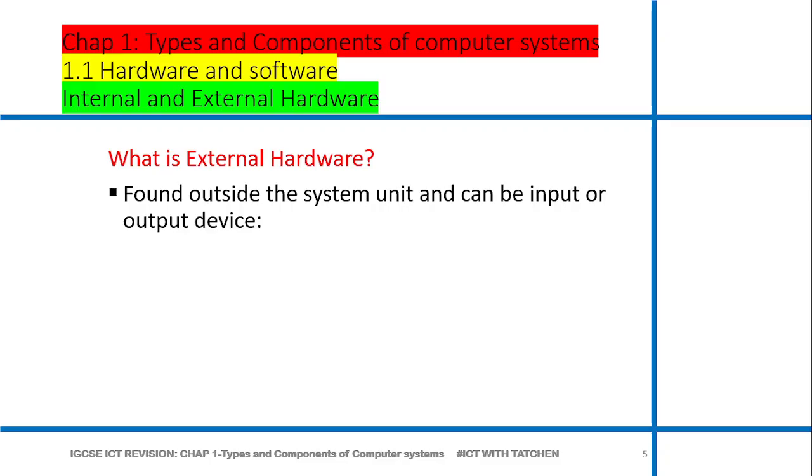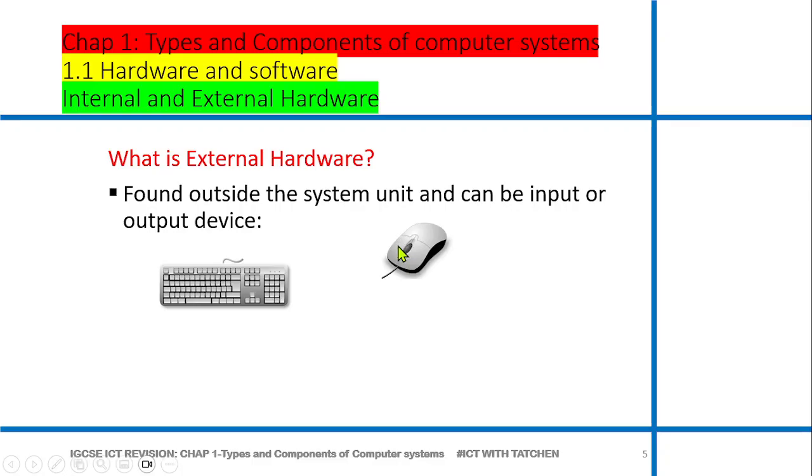Now, external hardware, like I said, internal and external. What can you find outside of the computer, or the system unit, which you can also feel, you can touch, you can see? That's what we call external hardware. Firstly, keyboard. To enter information into the computer, you need a keyboard. Next, we have a mouse. To work on your computer, navigate, click, and select things,